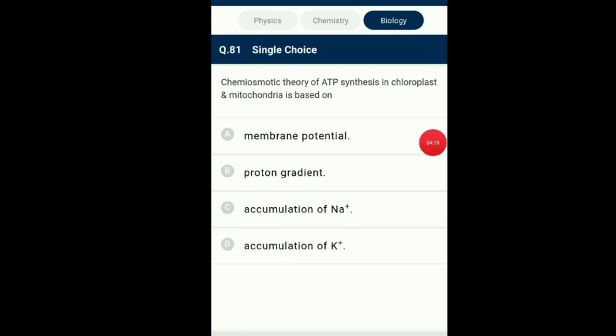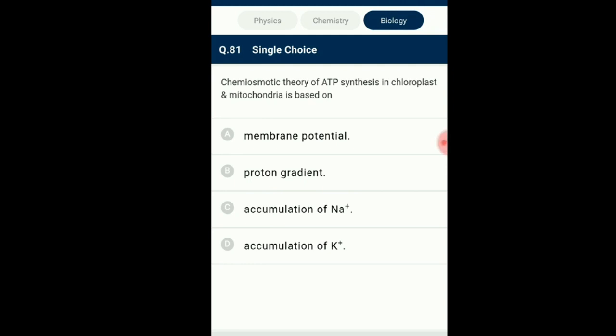Question 81. Chemiosmotic theory of ATP synthesis in chloroplast and mitochondria is based on... Peter Mitchell, a British biochemist, in the year 1961 proposed the chemiosmotic theory, where he states that the protons pumped out due to the action of the electron transport system into the intermembrane space of mitochondria generate an electrochemical gradient. The gradient of protons causes a higher pH value in the internal matrix of mitochondria and a low pH value in the intermembrane space, and when the protons flow back in, energy is dissipated, which helps in the synthesis of ATP